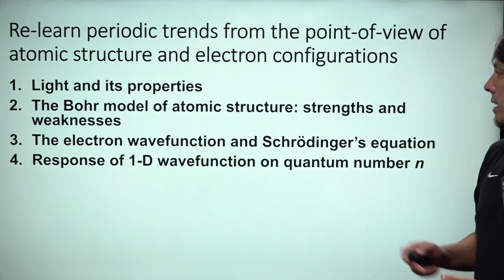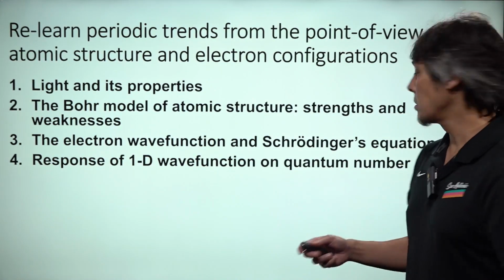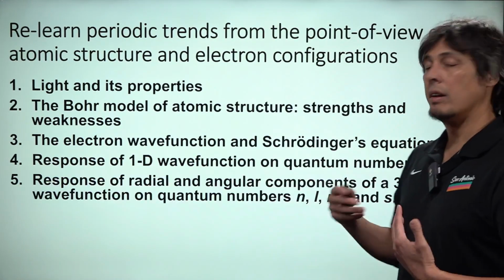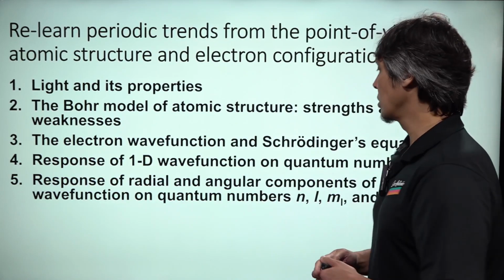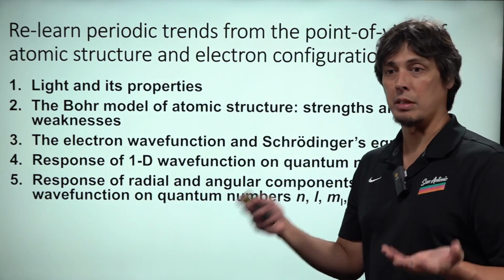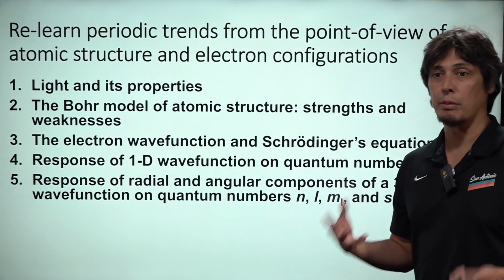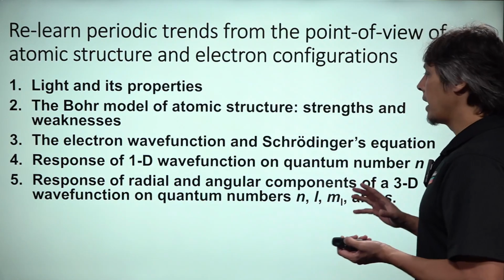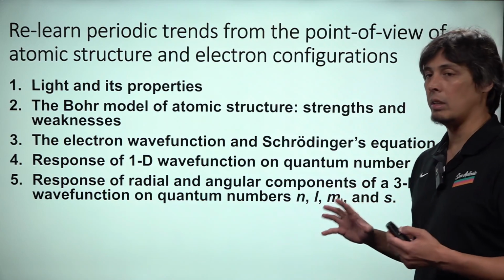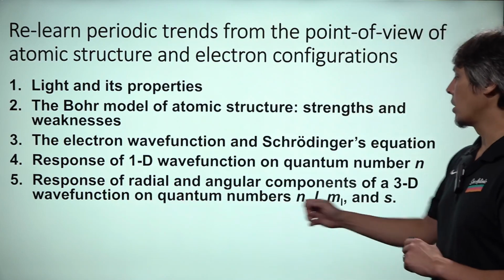Then we'll look at how a one-dimensional wave function changes with a quantum number n. And then, since we are going to work in this class largely with three-dimensional wave functions, we're going to move up and look at the different properties and the different distributions that we find by looking at the three-dimensional wave function and the radial and the angular components of that, and then the quantum numbers